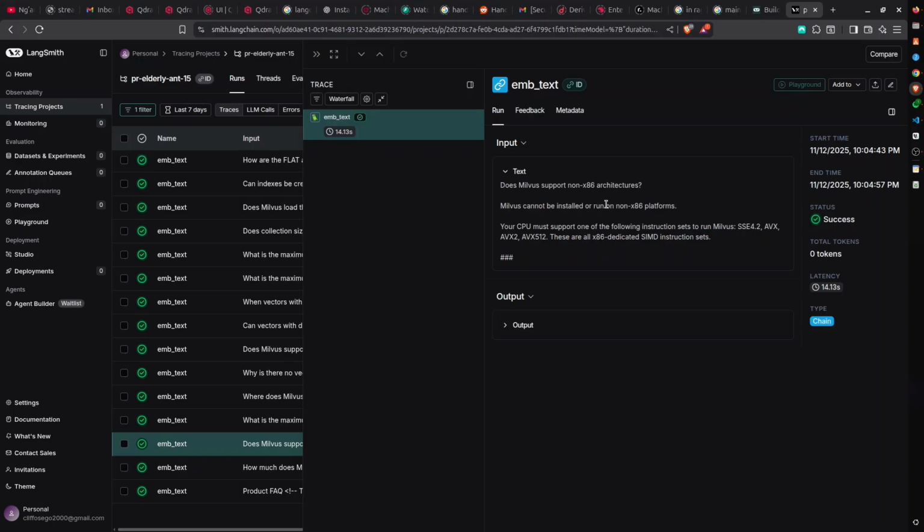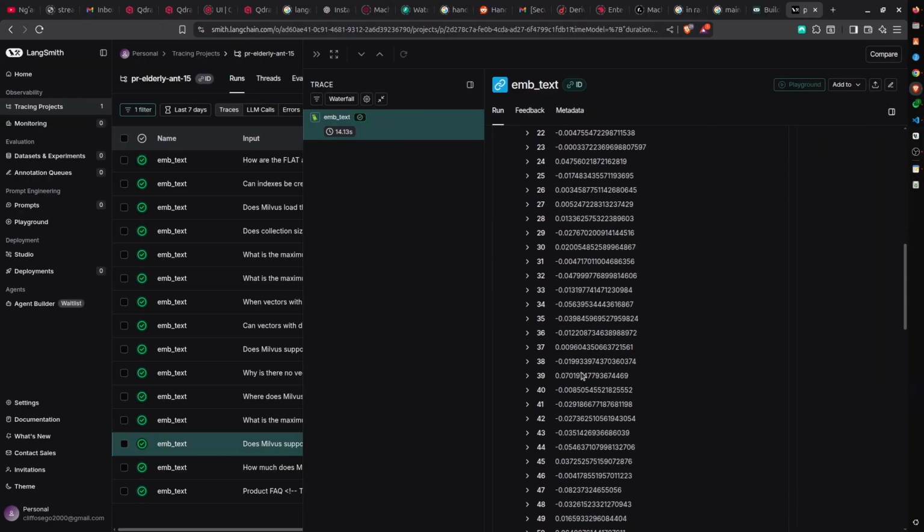Milvus cannot be installed on ARM platforms. Your CPU must support one of the following instruction sets to run Milvus, and we have them right there. So this was the chunk that was created during chunking, and then this function was called to